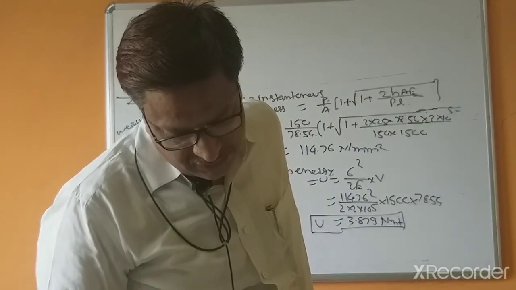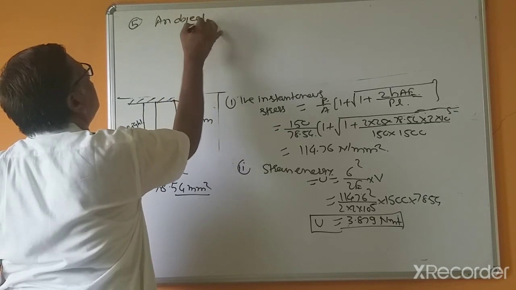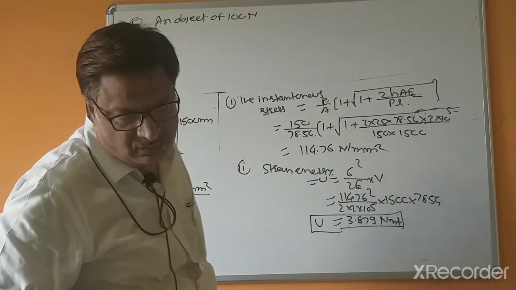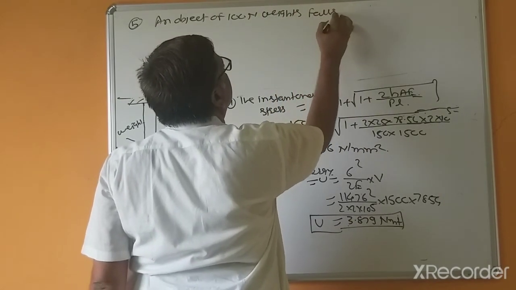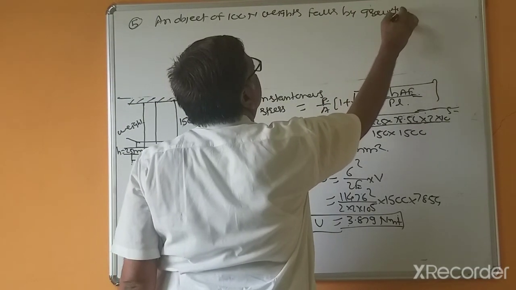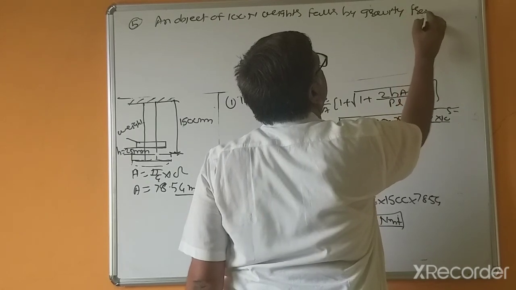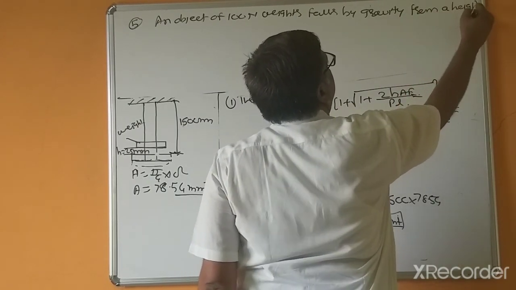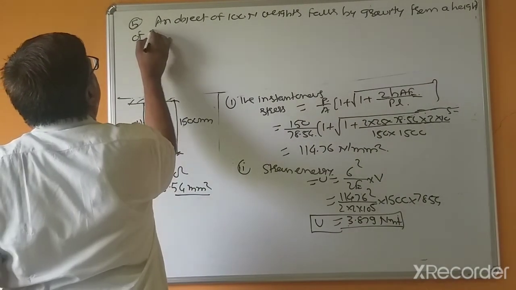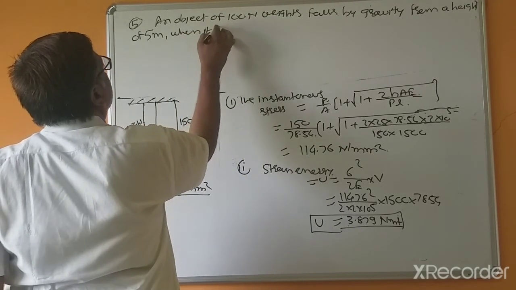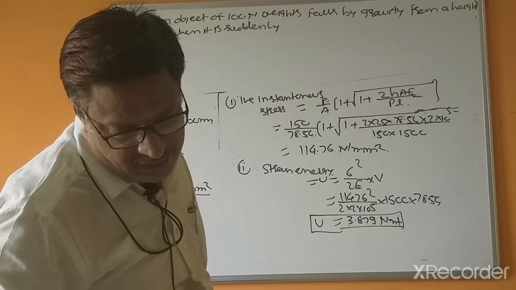An object of 100 newtons weight falls by gravity from a height of 5 meters when it is suddenly stopped by a collar